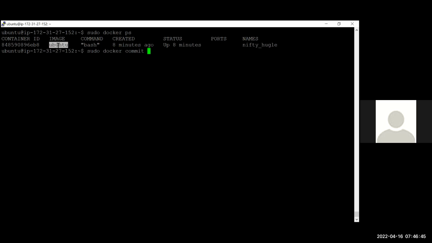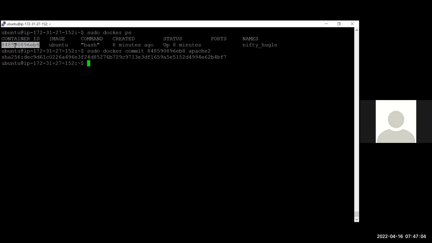Commit container ID, right? And then I'll do apache2. Once I press enter, it should, there you go. So now I took this